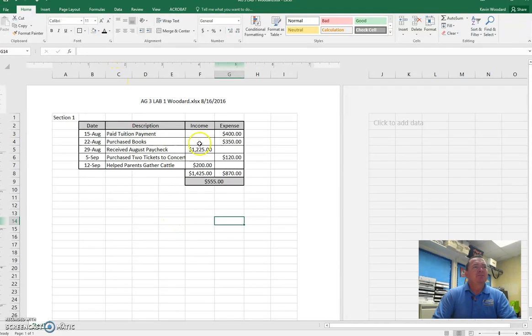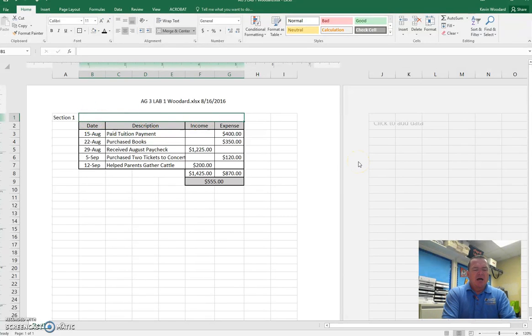One other thing I wanted to show you is we need to be able to identify this table as what this table is. It's not just section 1. It means something. So if we highlight this open block that's up here and we say merge and center, it's going to make that all one big cell, and in that cell we can say transactions,